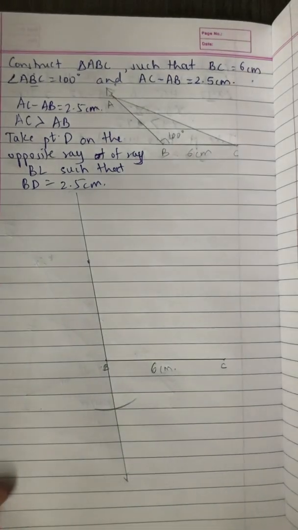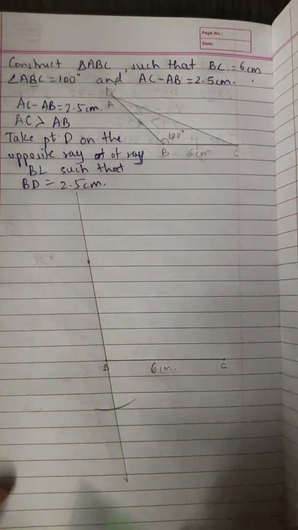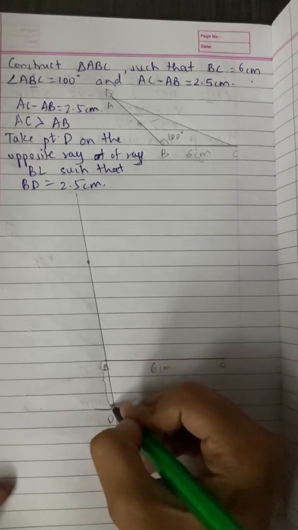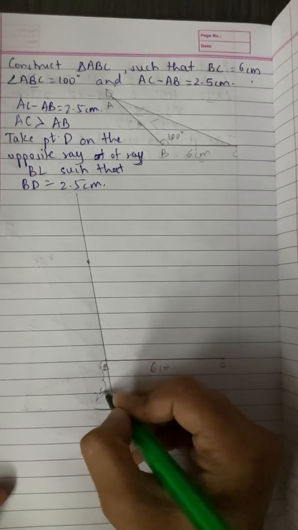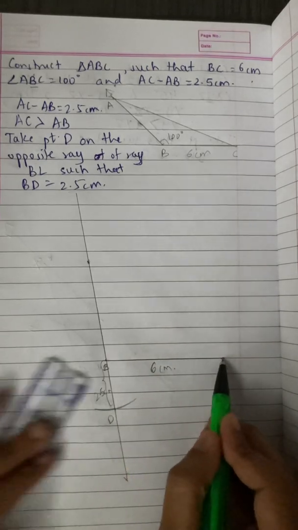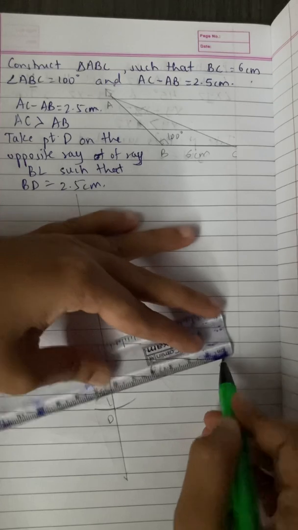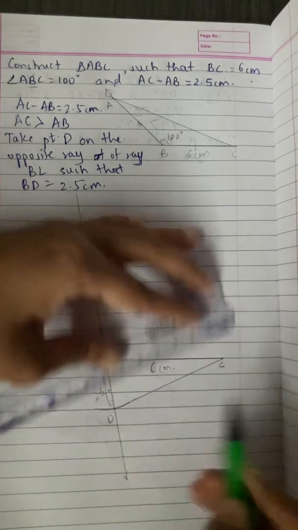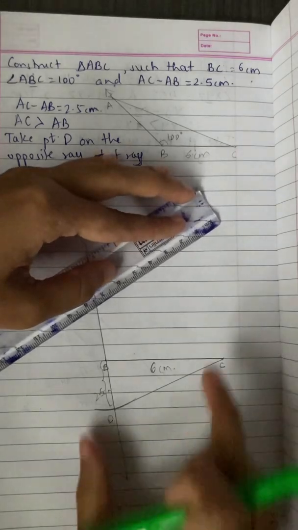Okay. Now this will be point D, which is at 2.5 centimeter. Now as soon as you get point D, you have to join it with point C, because वही एक point रह गया है always. जब भी हम लोग extra point लेते हैं, हम लोग third vertex से join कर देते हैं,